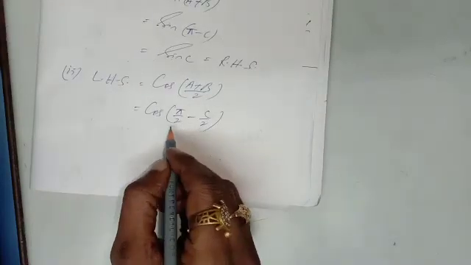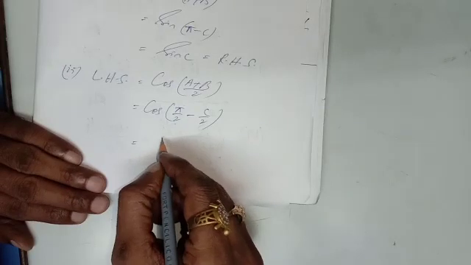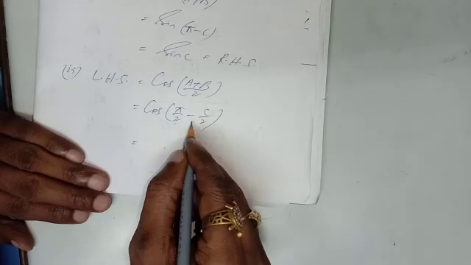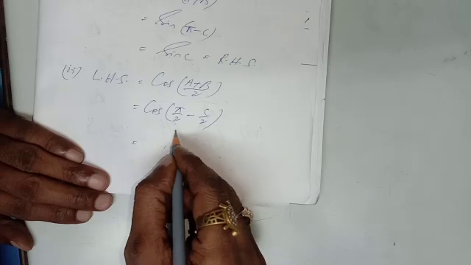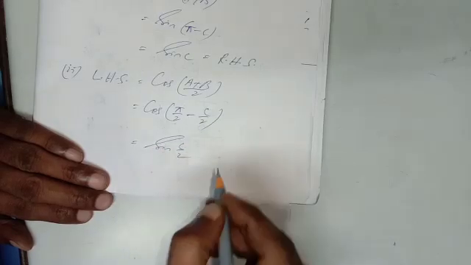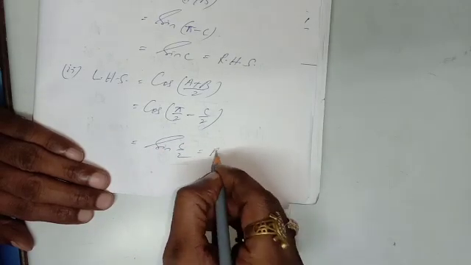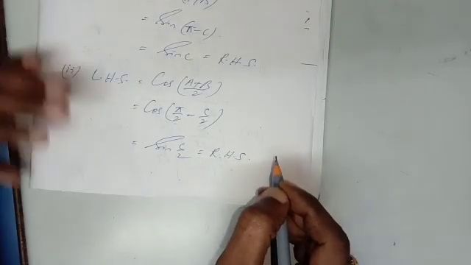That is written here: cos(pi/2 - C/2). How much is that? That is nothing but pi by 2 minus theta, which means this is the first quadrant. In the first quadrant all are positive, less than 90 degrees. That will be sin(C/2), as per the concept, which is equal to the right hand side. In this the second part is also completed.